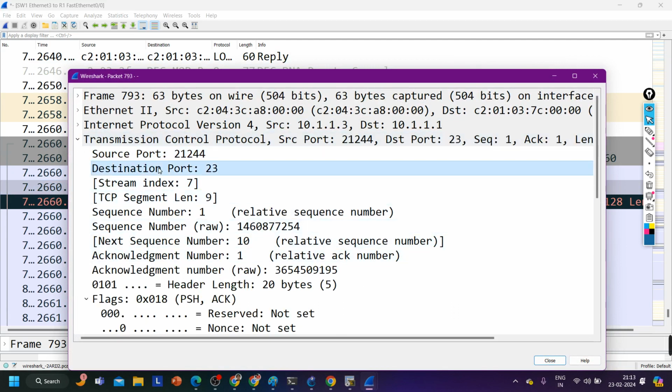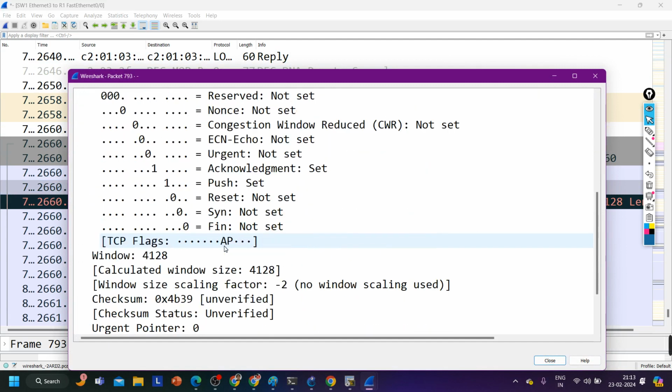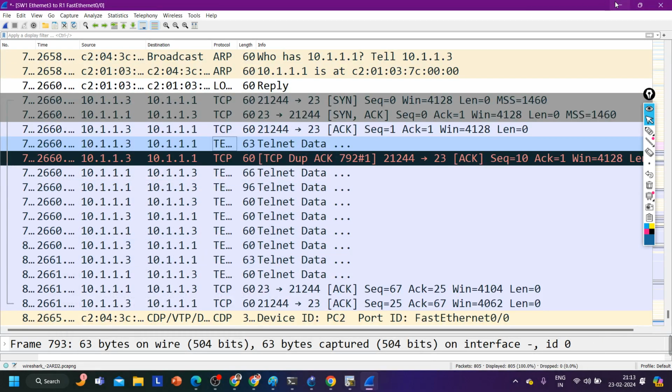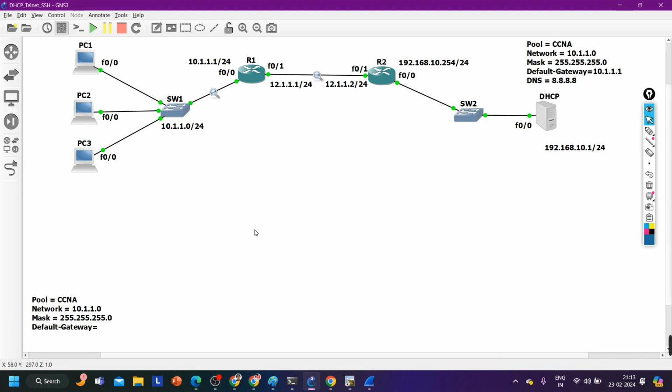This is the TCP header: source port random, destination port well known, sequence number, these things, and bits. Then these are telnet messages. Now the next protocol is